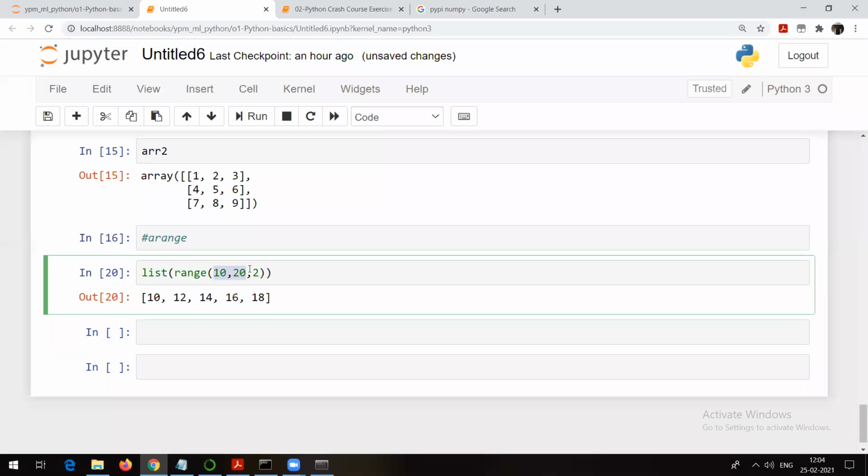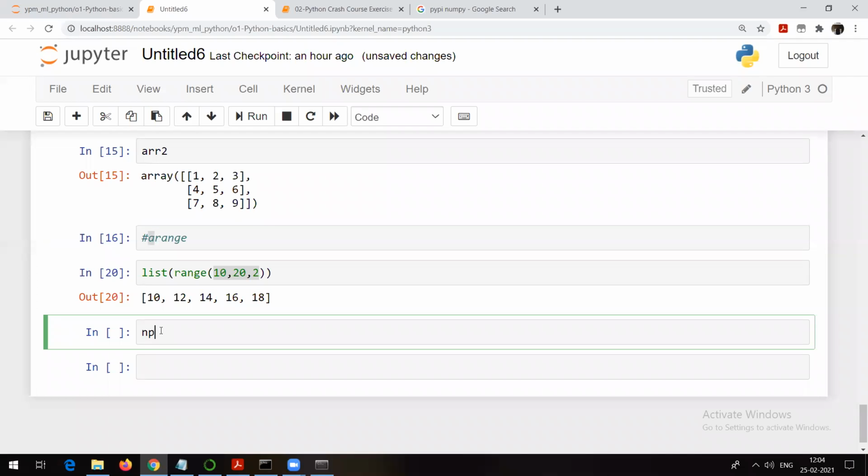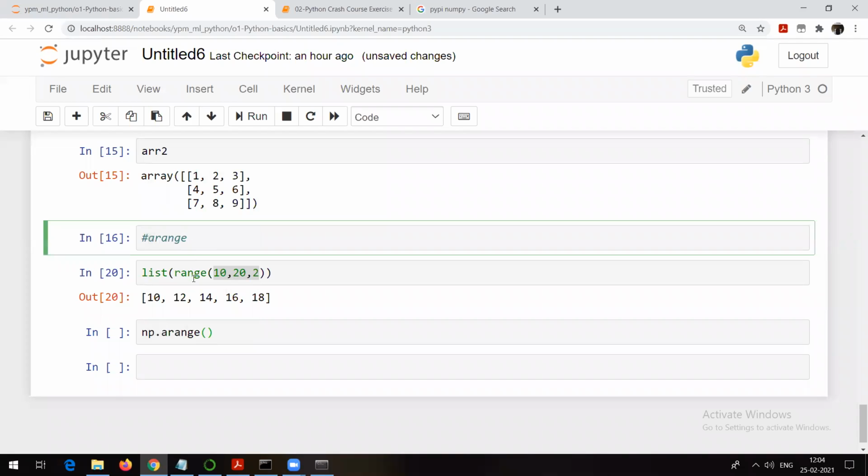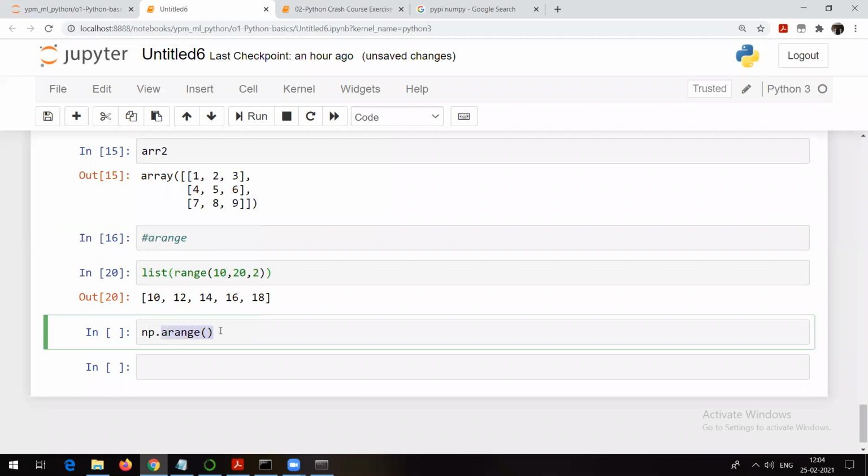Start, stop, and step. The same thing is there in case of array, but it is named arange, where this A stands for array. Let me show it to you. See, np.arange. This is what I can use. The only difference between range and arange is that in case of arange, your result will be in the form of an array, whereas in the earlier case, it was either a tuple or a list. See, same thing. But arrays are faster. So the faster way to create the array is to make use of arange.